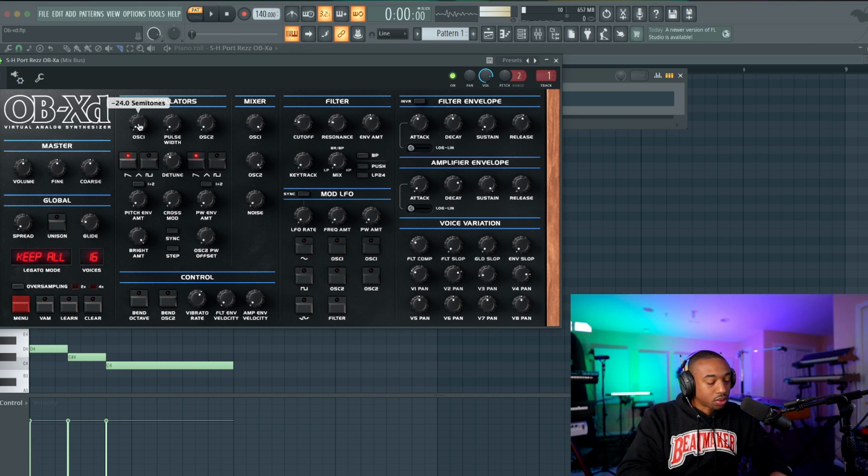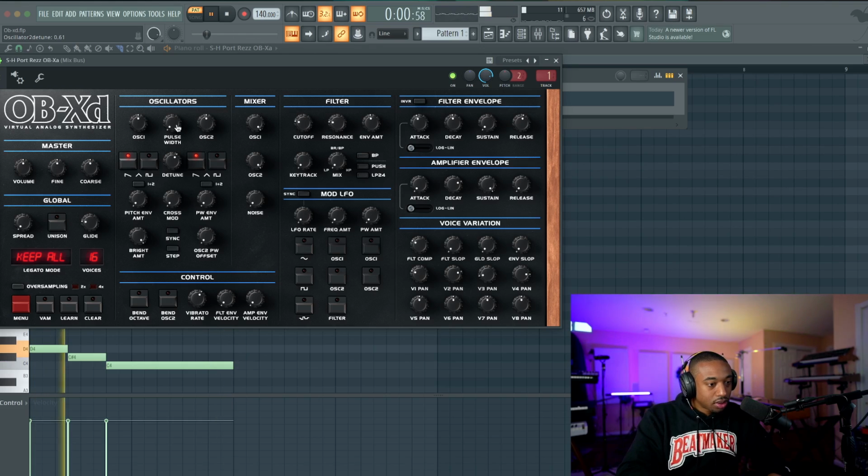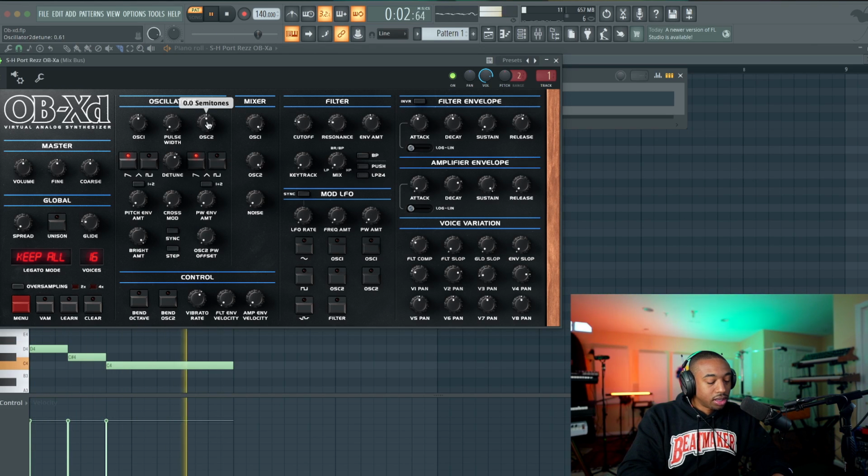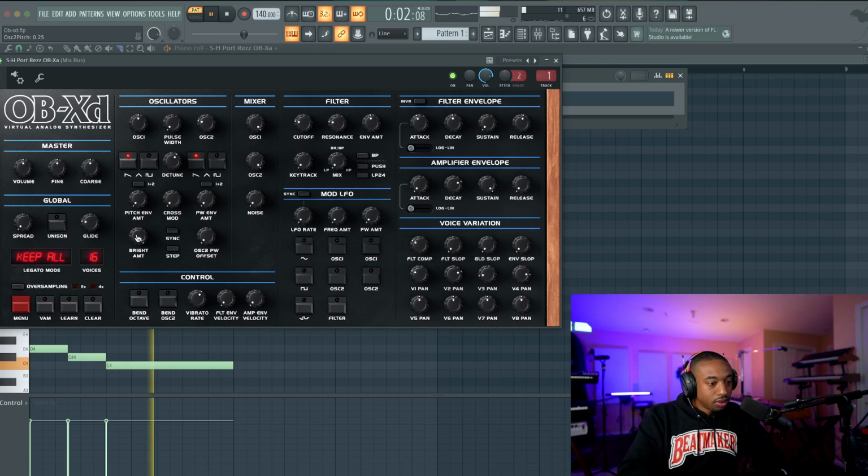Now let's work on the actual oscillators. For this one, you have to hold Alt on Mac and left click and drag. Technically, it's called Option. We could detune the oscillators here. So we're working with sawteeth. Let's pull this. Now we have an octave on oscillator 2. So it's a pretty cool tone.